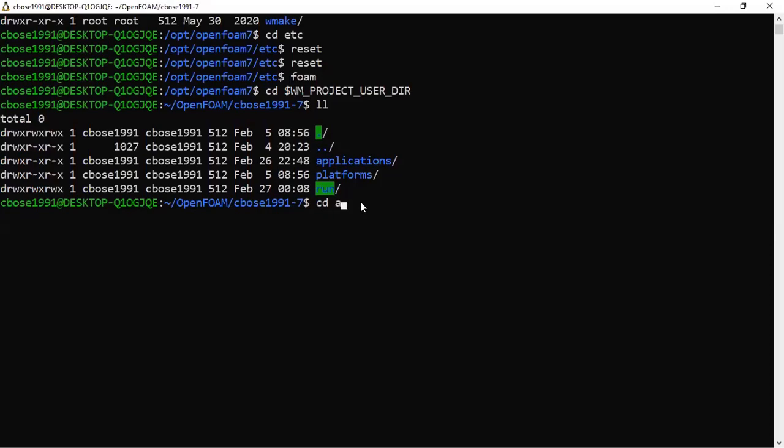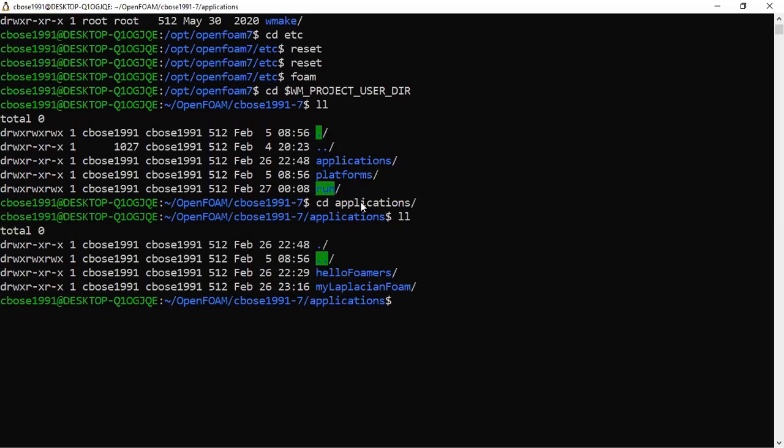Okay. So now let us go into that and see what is there. So I have already created two cases for you guys to demonstrate. So first we will go with the HelloFoamers thing to show you how to compile a simple code. So you have nothing here, right? So as a first step, I will show you this HelloFoamers with my code and then show you how to actually write the code by copying from a tutorial next. So for this step, just try to understand what I'm doing and then we will do it together. Okay, is that clear?